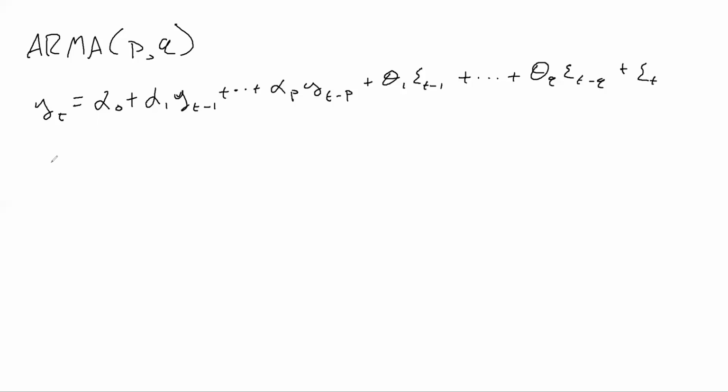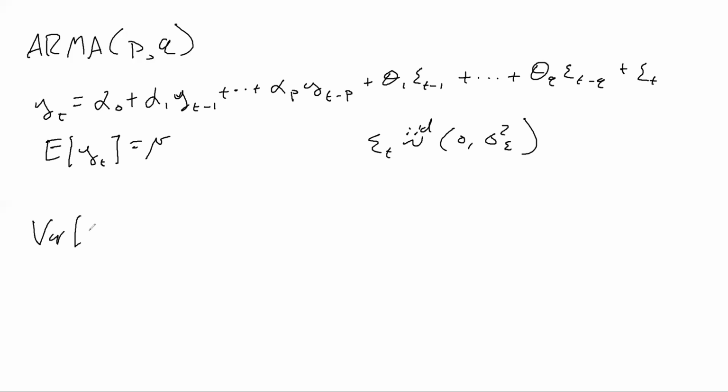So the expected value for this, notice that there is no theta 0. That's because there can only be one intercept. So our expected value for this would be the same as the expected value for just a normal AR process. And now, because remember, our error terms are IID with mean 0, it's a 0 mean white noise process. But now for the variance of y,